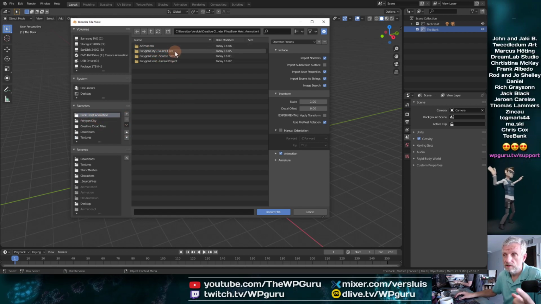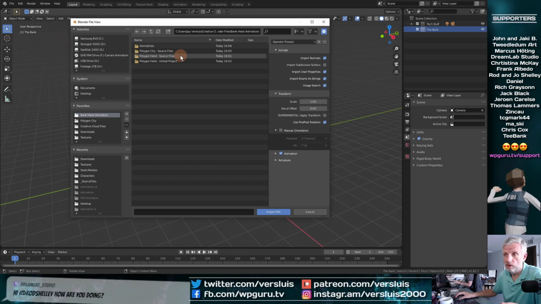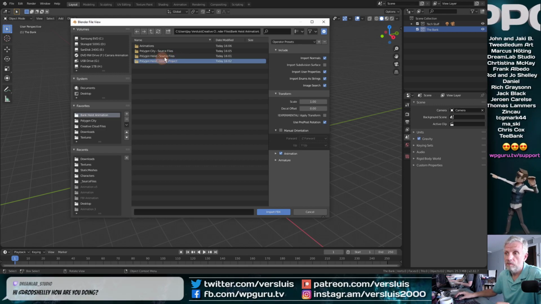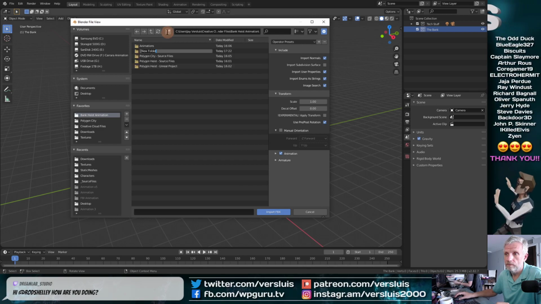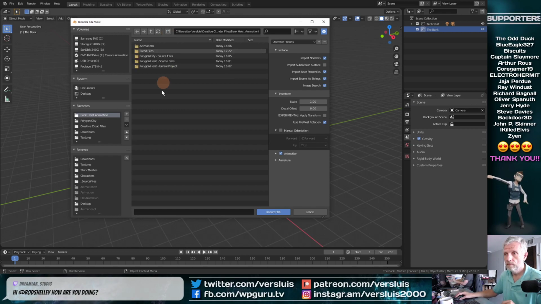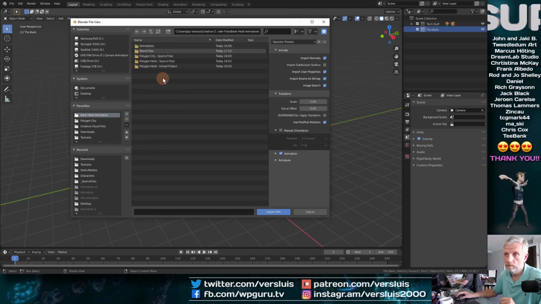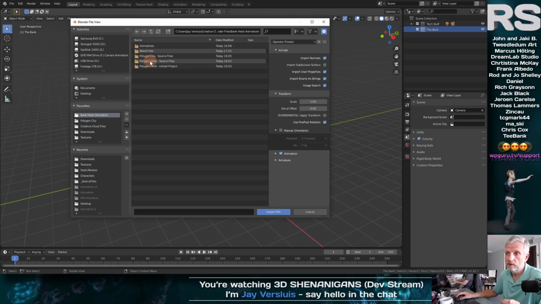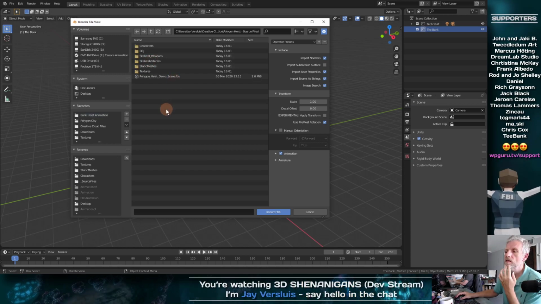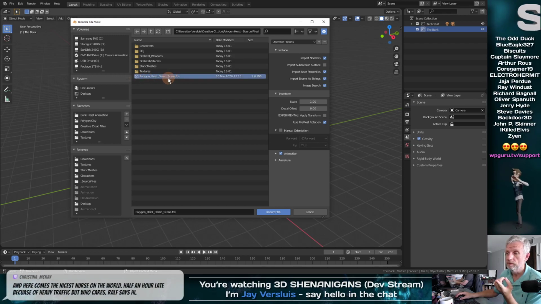Here are the animations. Here are the source files for the city, source files for the heist, and this is the Unreal pack that I've got my scene in here. I think we need another folder here, and that's going to be for the blend files. And anything else that happens here, I'll make another folder for that. But for now, we're going to go for the heist pack. And this is the demo scene. That's the one we need.